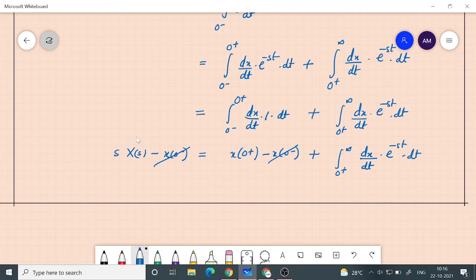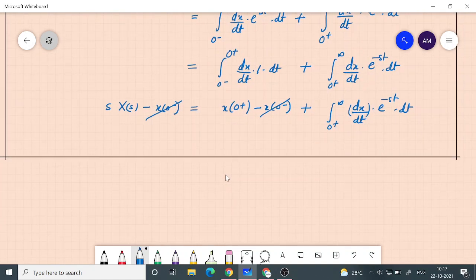Now you have almost x of 0 plus. So we brought this x of 0 plus here. That's what we wanted. But it is equal to s into x of s, and there is one term here. And if we can make this term vanish, the way we can make it vanish is if you take a limit where s goes to infinity,